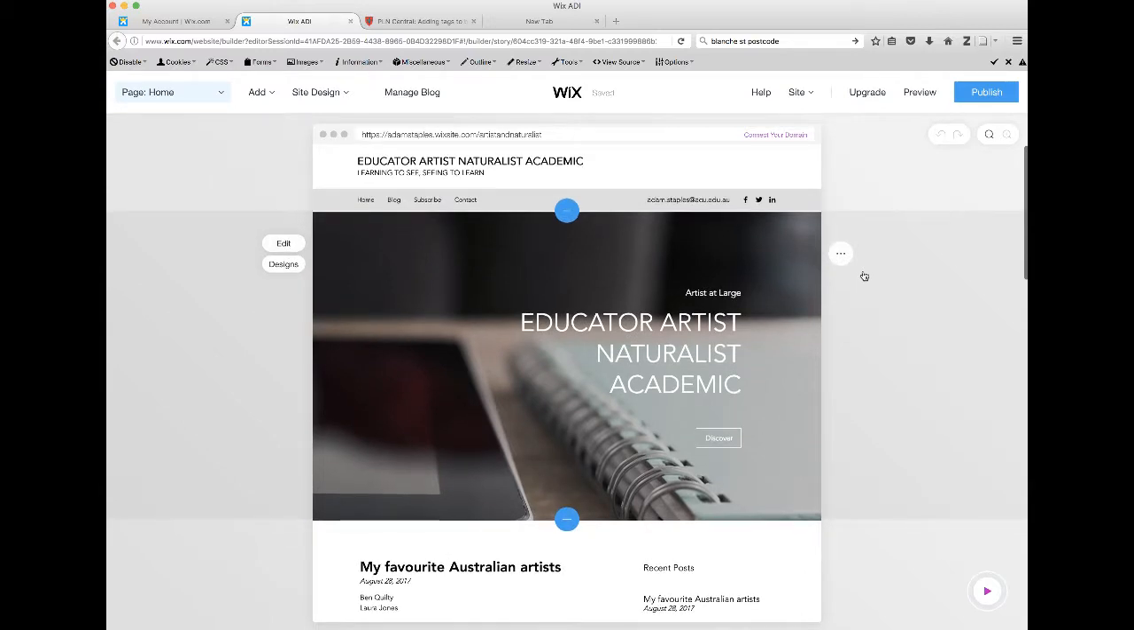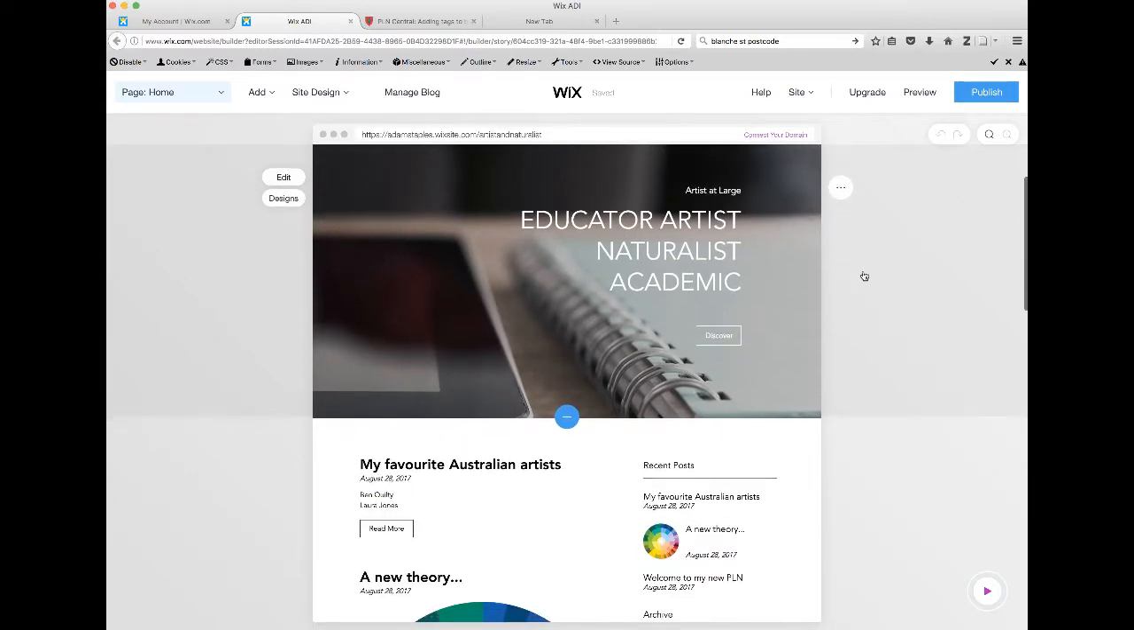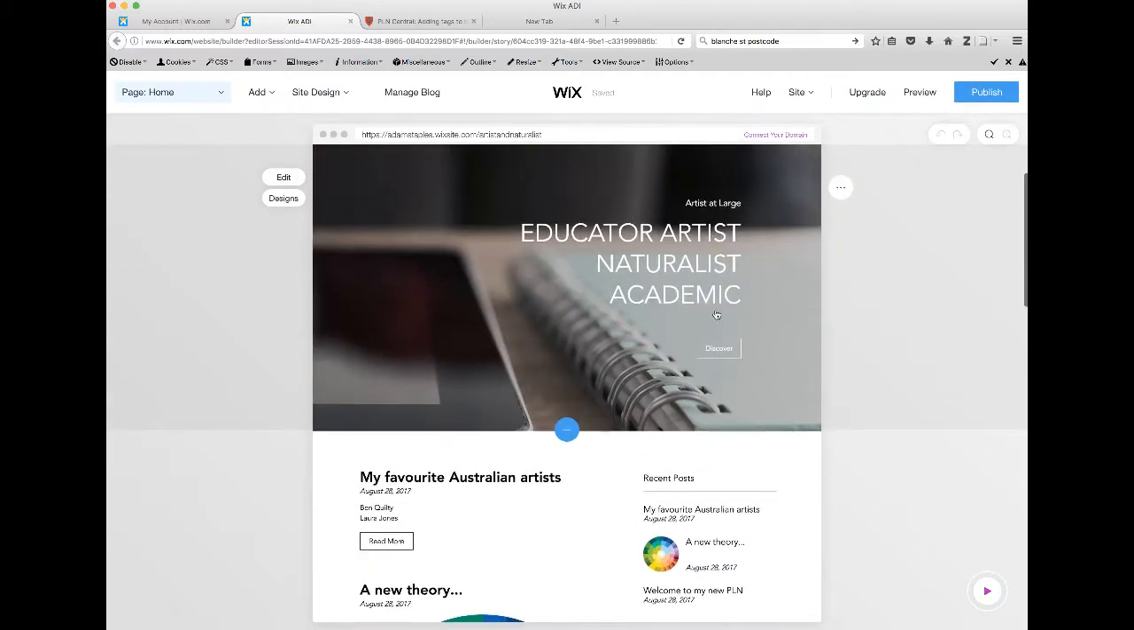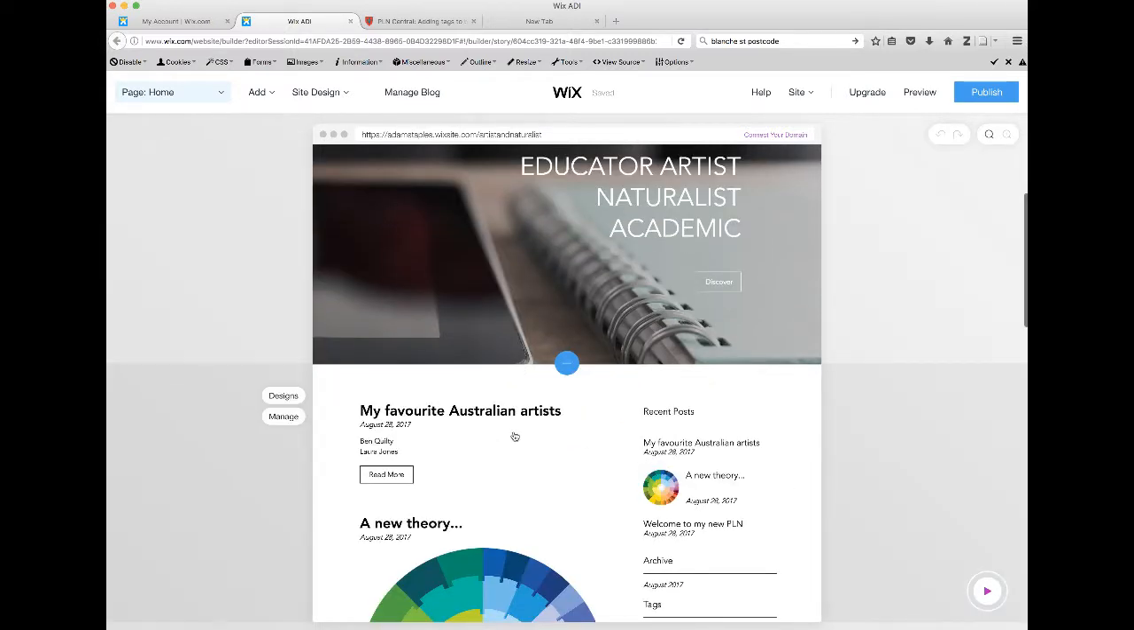So when you're in the editing component of your Wix site, you will see that throughout the site there are these blue circles with a white cross in it. And that means that you can add a new section or a new block. Now I want to add my new section underneath the header, but above the blog. So I'm going to click on the red circle that's in between those two sections. So I'm going to click on that,